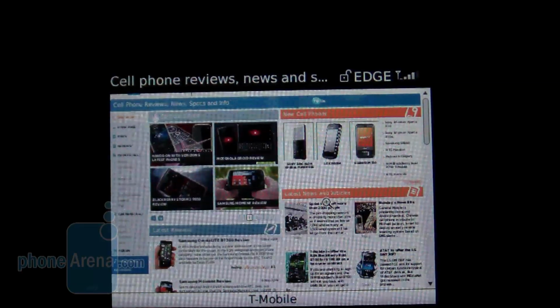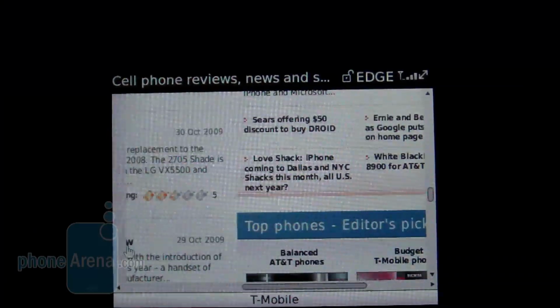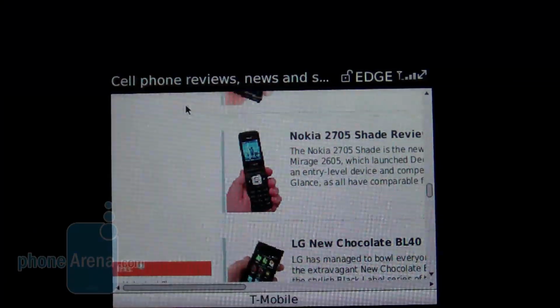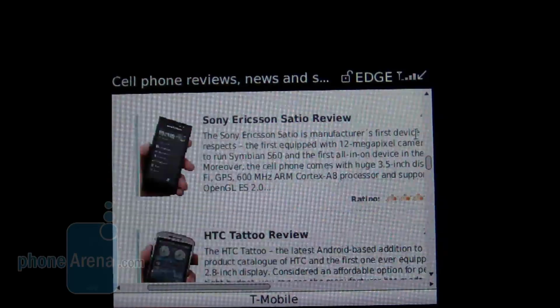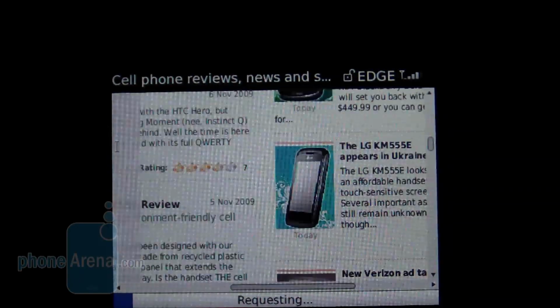You could zoom into a specific portion, and of course, as you scroll, it does a fine job keeping up with what you're doing. So we're very impressed with the overall experience we got. Still though, it's better than what it was originally, but it still doesn't compare to some of the WebKit-based browsers